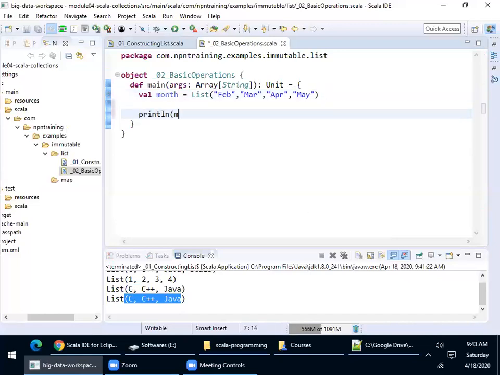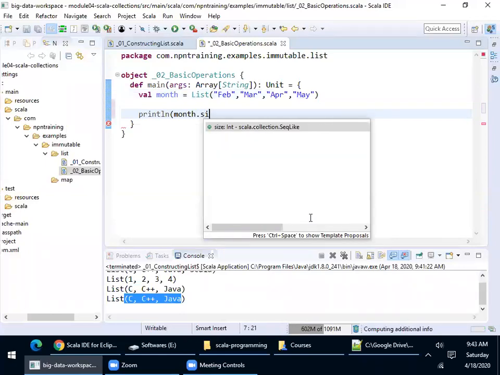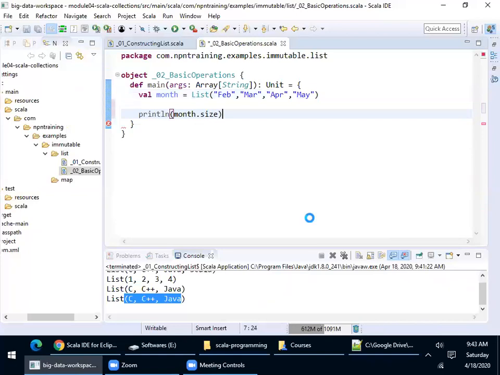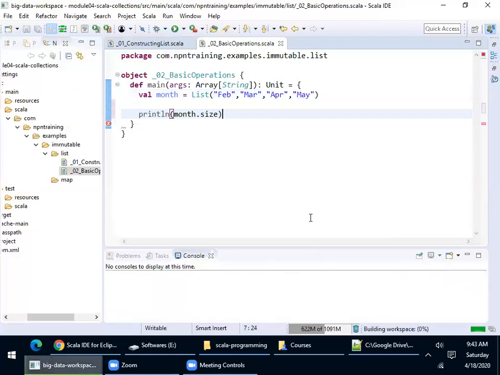For example, you have month dot size. This will give you the size. So in our case, the size of the list is 4.